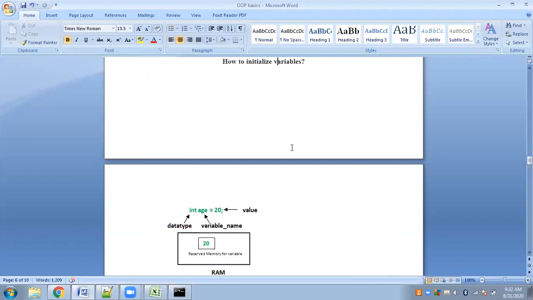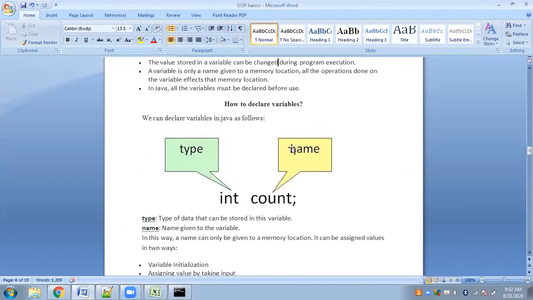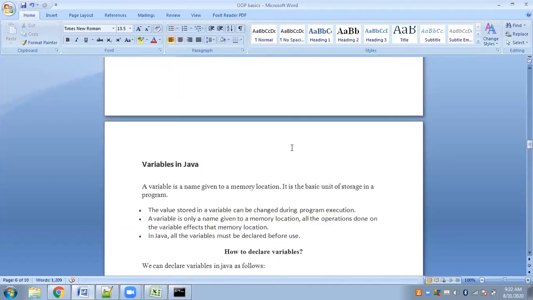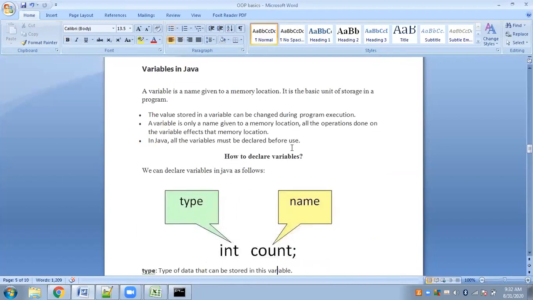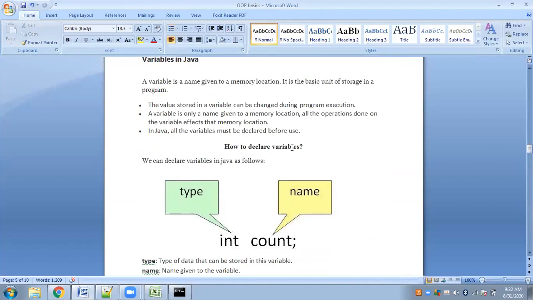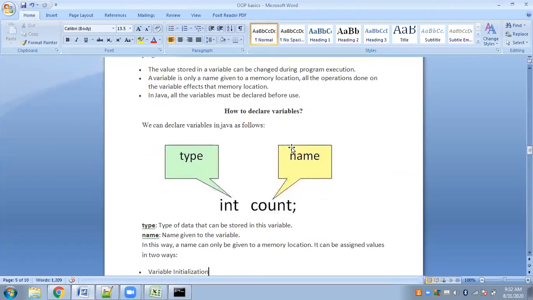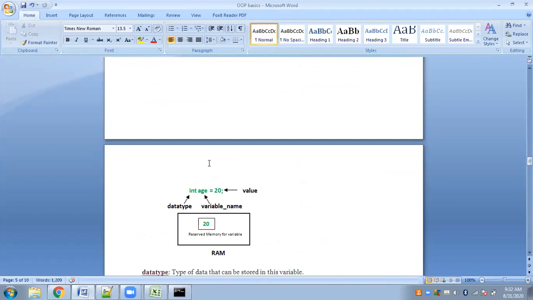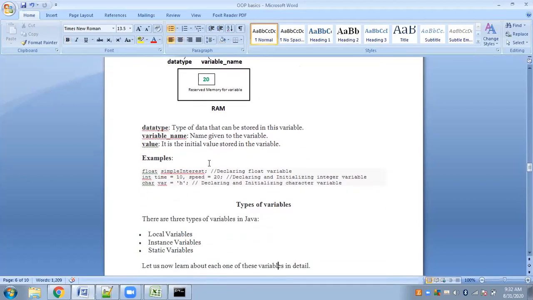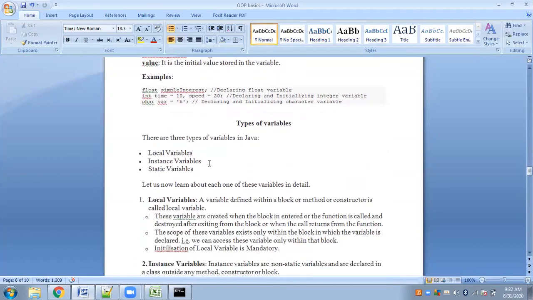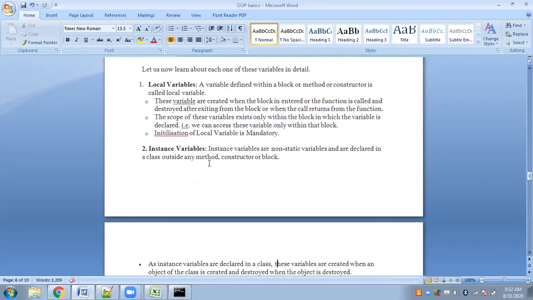See, in this note, I have given you some topics, including the variables that we can use in Java. In Java, there are 3 types of variables that we use. You know what a variable is, you know how to declare a variable, yes? We declare a variable with the type, which is a data type. So you all know this. I would just like to say something about the variables. These are the 3 types of variables that we use in Java.